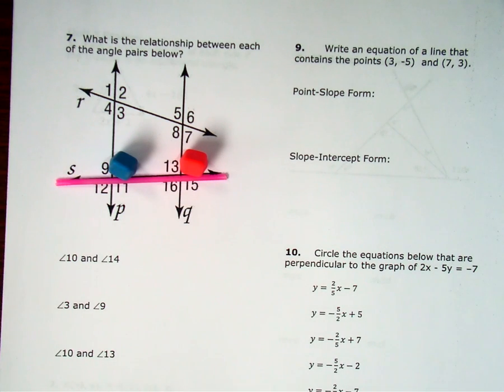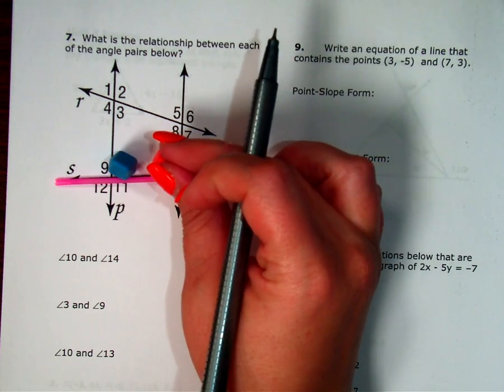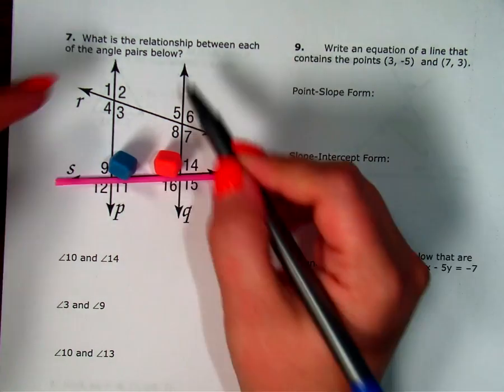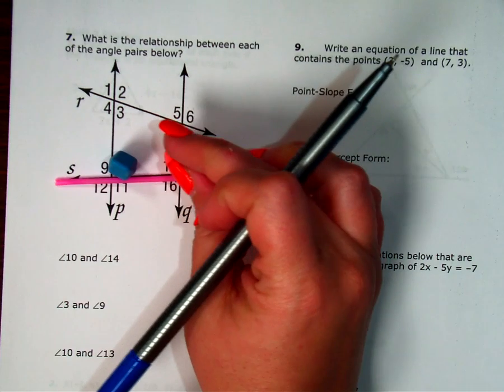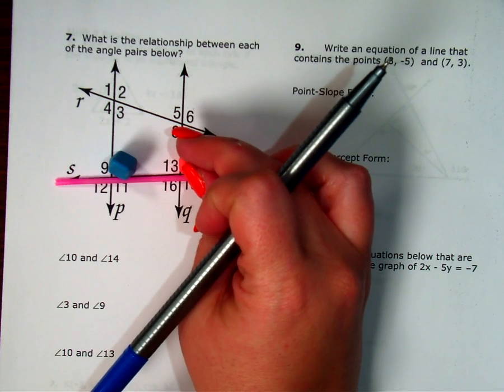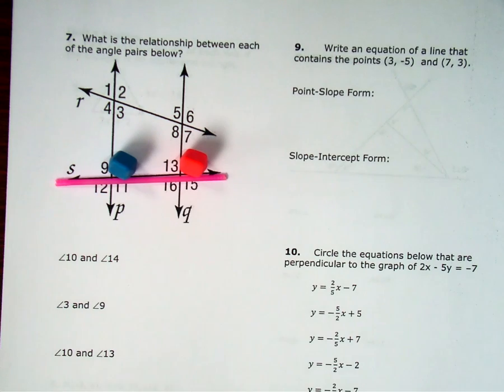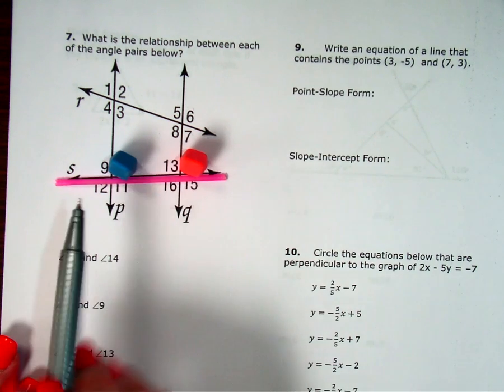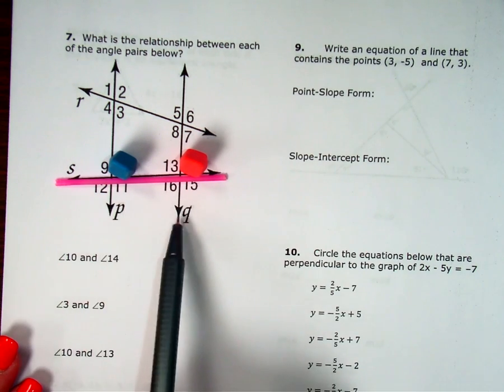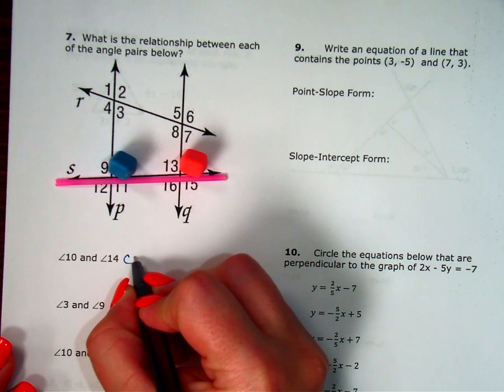I can see that both of those erasers are on the same side of the transversal. Okay, so that means we're not an alternate interior or an alternate exterior, we're on the same side, which means we're either same side interior or we're corresponding. Same side interior would have to be on the inside of both of those other two lines that are being crossed. So this tells me that these are corresponding because they're both above the transversal and they're both to the right of P and Q. So these are corresponding